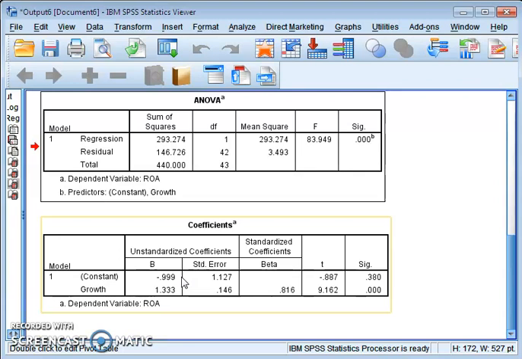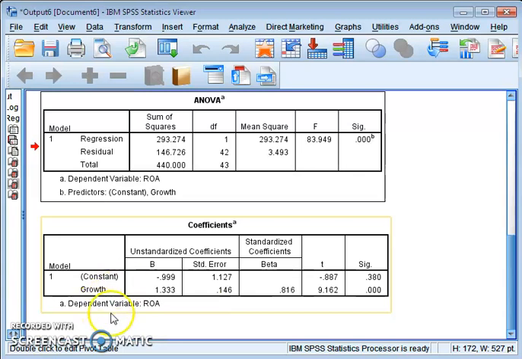So here, the constant is the value of a, and this is the value of b.